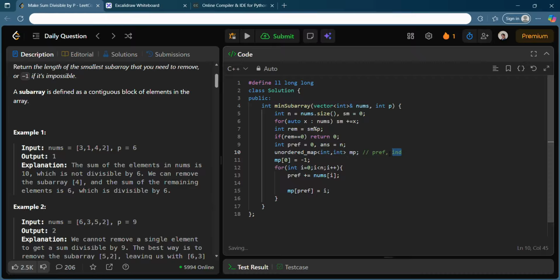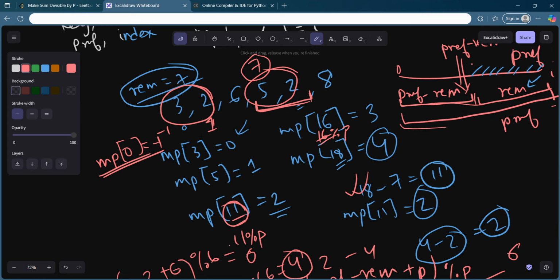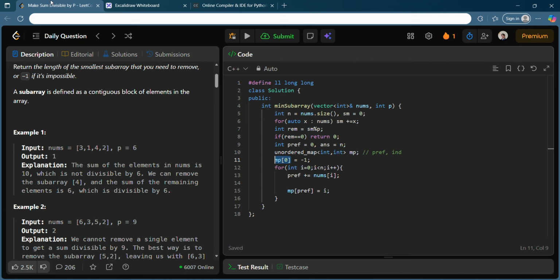So till the index i there is a prefix sum of pref. This is what this map is telling me. So till the index of -1 the prefix sum is 0. This will allow me to take the subarrays starting from the first element also. Okay, so that is what we do, and at every time till the index i,